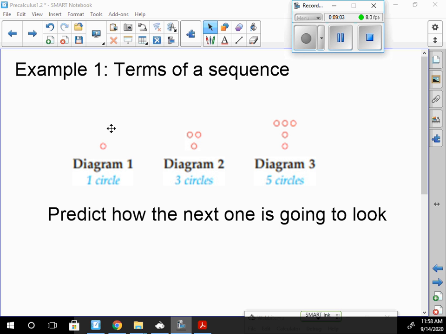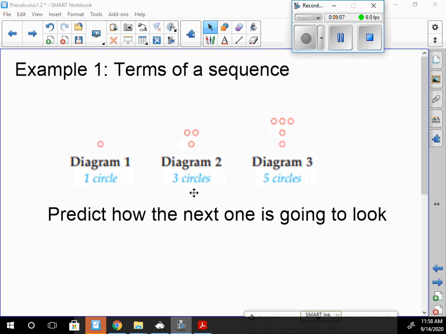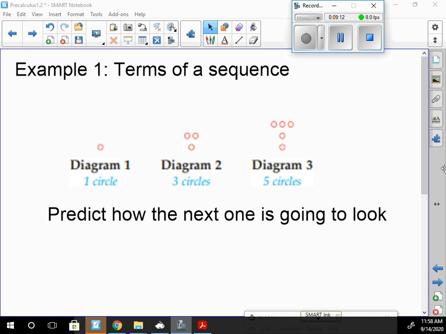So, when we look at diagram 1, there's exactly one circle in it. When we look at diagram 2, there are 3 circles. Diagram 3 has 5 circles. Predict what the next one is going to look like. So when we do diagram 4,